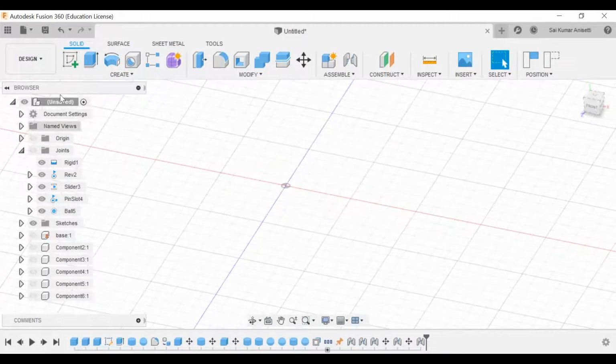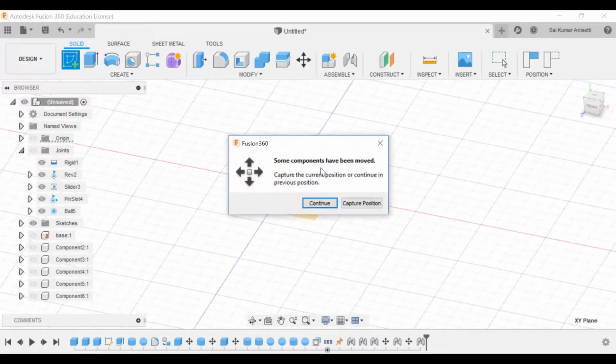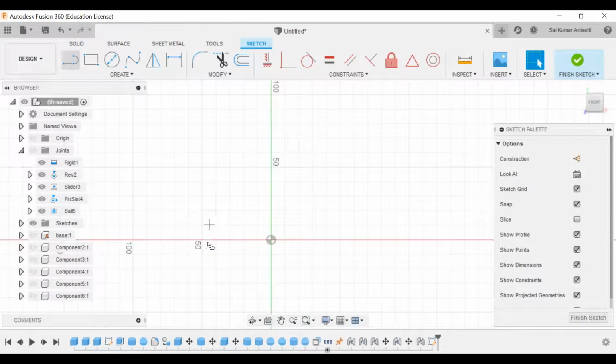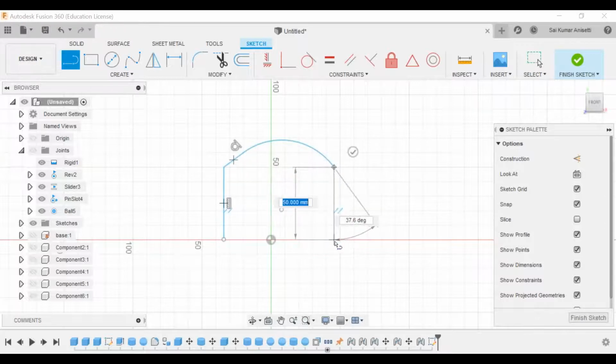Okay, fine. I'm currently in my sketches. Continue, capture my position, and I'll create some random sketch that does not have any meaning to it.